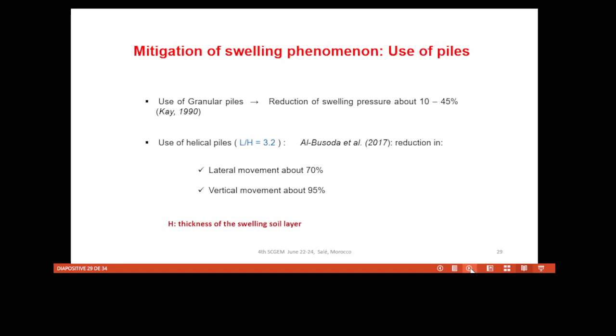to avoid the damages we talk about. So for the mitigation of the swelling phenomenon, with the use of piles, for example, we can reduce the swelling pressure by about 10 to 40% after K1990 when using helical piles. The length of the pile over the thickness of the swelling soil is about 3.2. Okay, we can reduce the lateral movement by about 70% and the vertical movement by about 95%, and